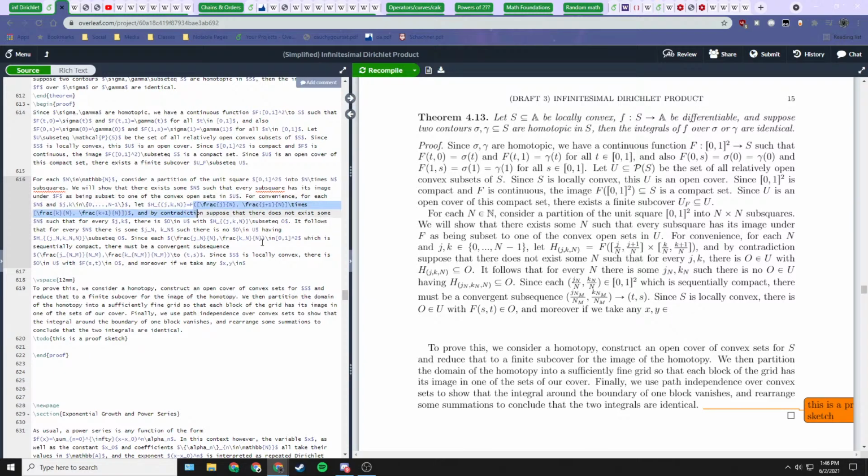We're going to let H, instead of H being the image, just be this subtile. By contradiction, suppose such that, and we'll just do F of H. So H is the subtile and F of H is its image. It follows that for every n, there is some of these having F of H not in O. Since each of these points is in [0, 1], which is sequentially compact, there must be a convergent subsequence, and so on and so forth,